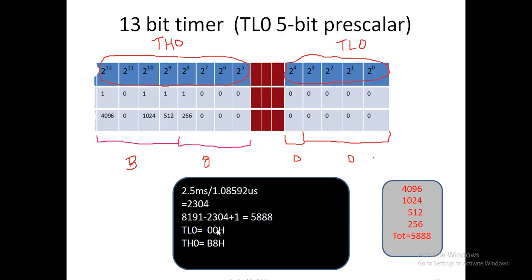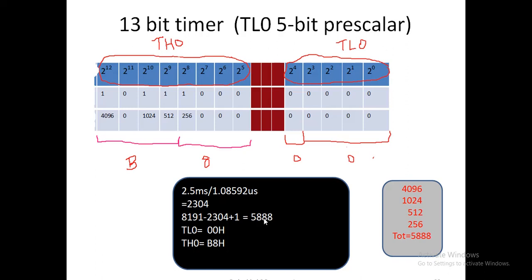I place it here in TL0, it is 0. Prior to this we can add 3 zeros, so 4 zeros, and in hexadecimal I simply make it 0. If it is 1, prior to it you can add 3 zeros and get 1, so 10 would have to be loaded in TL0. But here all the bits are 0, so in TL0 I make 00. It is B8. Why do I place 1 1 1 1 over here? I want 5888.